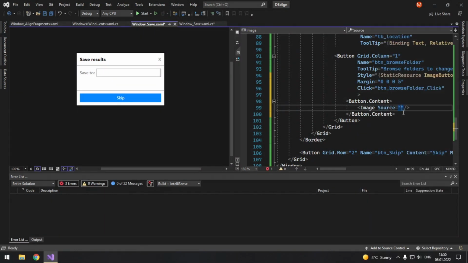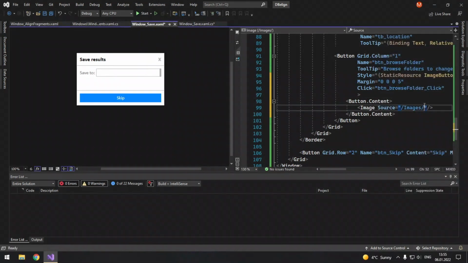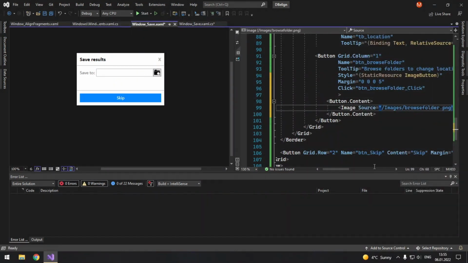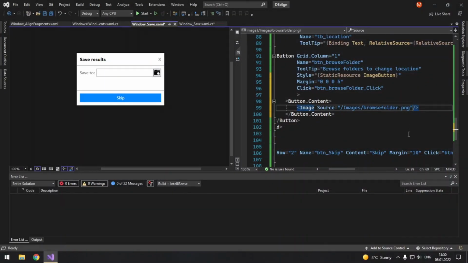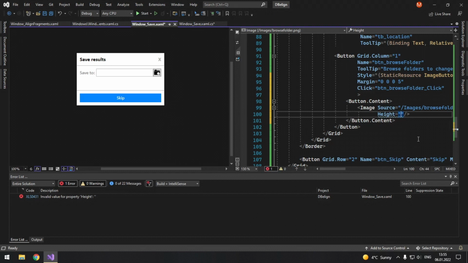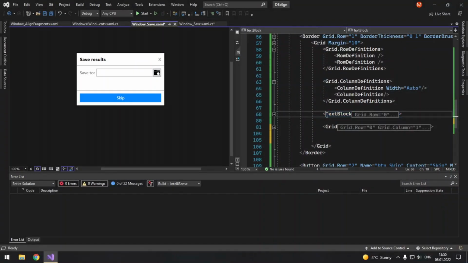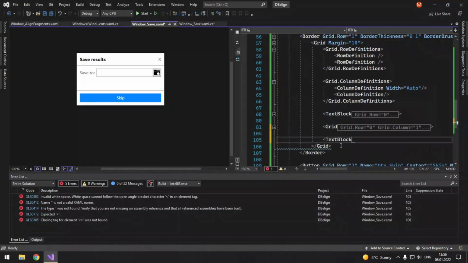Source equals /images/ and copy its name, and its height will be set to 24. After the grid, this is top left cell, this is top right cell, now bottom left cell. We will add a text block.